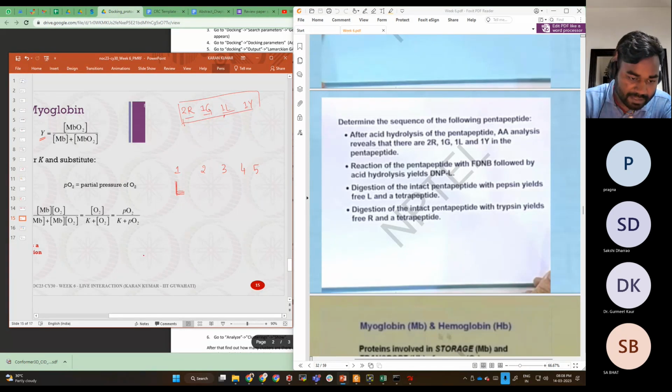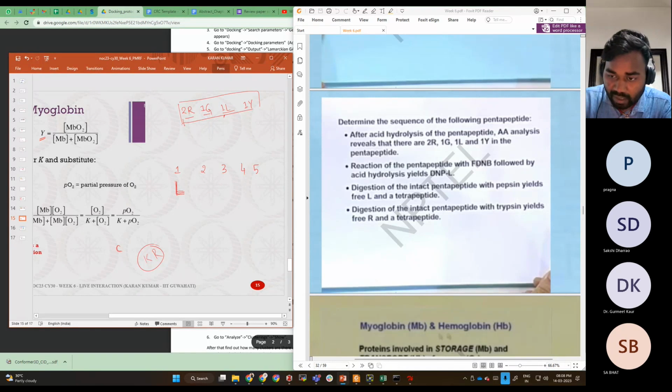Trypsin digests at lysine and arginine, right? And after that, there should not be any proline. So if the digestion with trypsin is releasing one free R, that means R will be on the